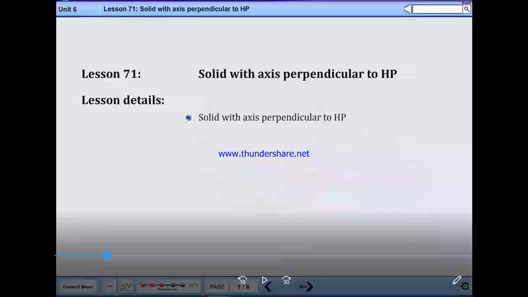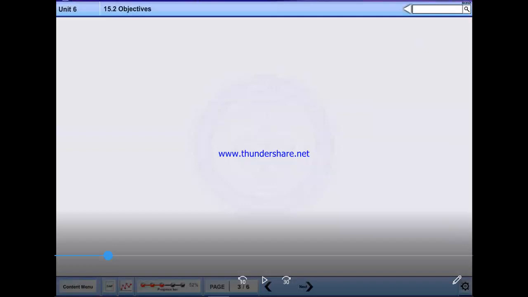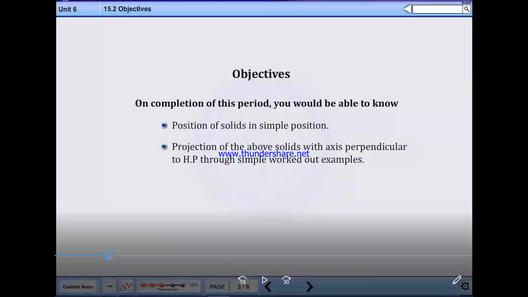Now the next topic is solids with axis perpendicular to HP. The objectives of this topic are, after completion, you will understand the position of solids in a simple position, and the projection of the above solids with axis perpendicular to HP through simple worked out examples.